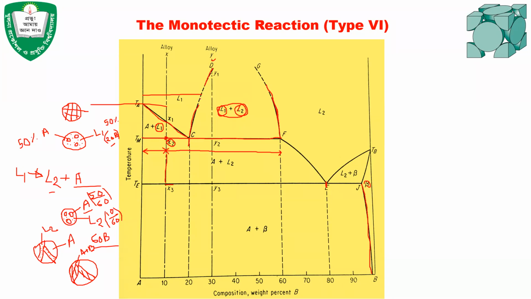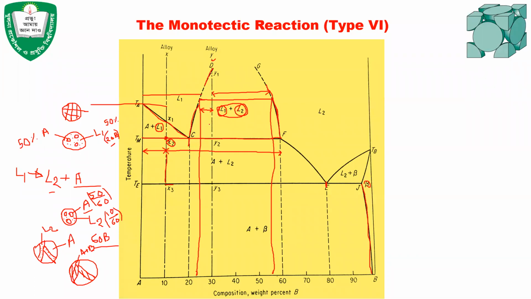In that case, if we want to determine the chemical composition of liquid 1 and liquid 2, then we have to draw the tie line between these two, because liquid 1 and liquid 2 are two different phases. Okay, and if we draw the tie line, then we will get the chemical composition of liquid 1 from here and chemical composition of liquid 2 from here. And if we want to find out the percentage of liquid 1, then we have to consider this length for liquid 1, and for liquid 2 we have to consider this length. Okay, so it is similar to the other things in the two-phase region. You draw a tie line and then you find out the chemical composition and the percentage amount of liquid 1